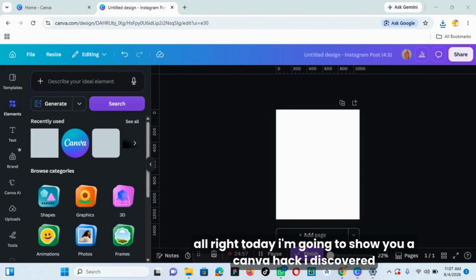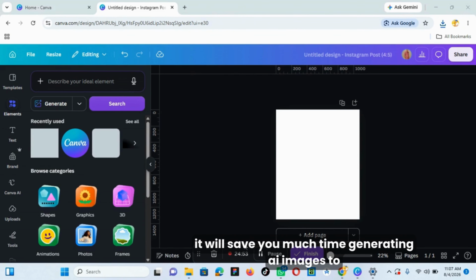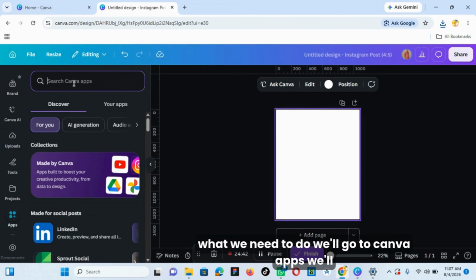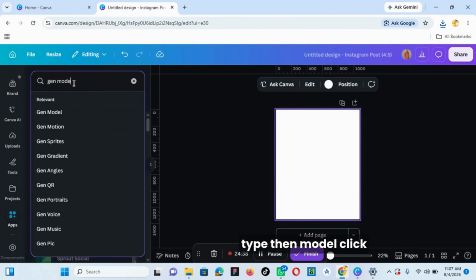All right, today I'm going to show you a Canva hack I discovered. It will save you much time generating AI images. It will save you time from generating prompts. What we need to do, we'll go to Canva apps, we'll type gen model,